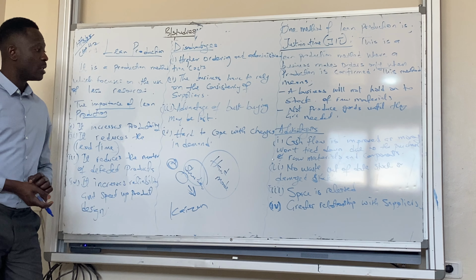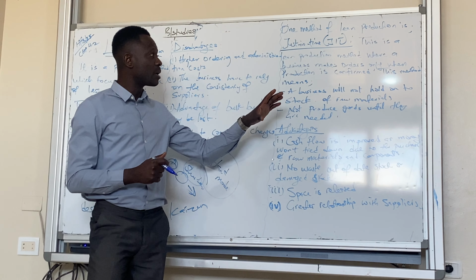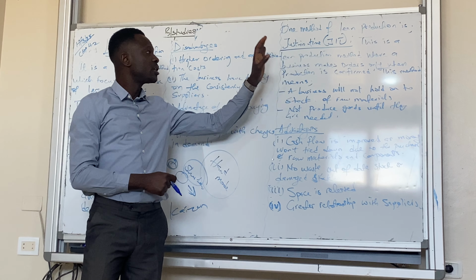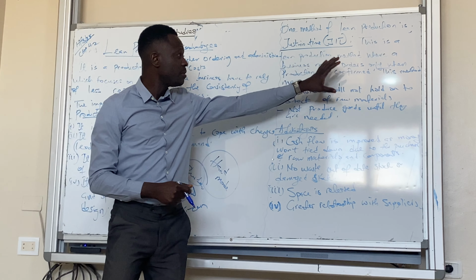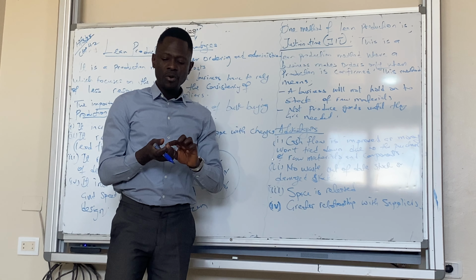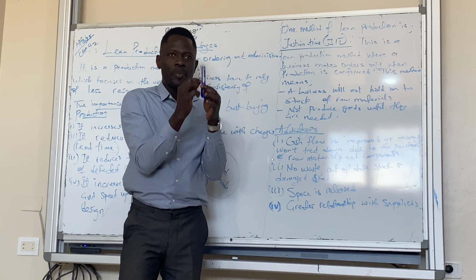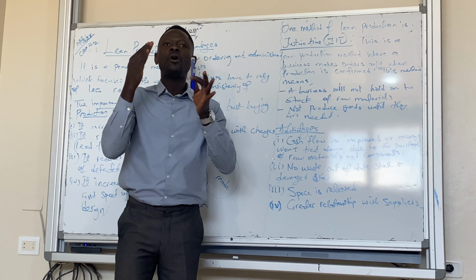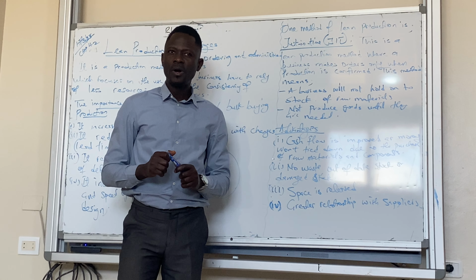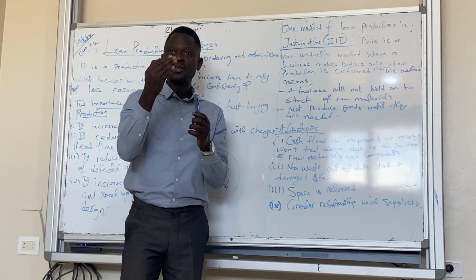Yeah. Then one method of lean production, we have different methods of lean production, but the first one we need to talk about is JIT, which is just in time. Are you here? So just in time simply means a lean production method where a business makes orders only when production is confirmed. We won't get resources or raw materials to make a blue pen or a blue marker until we have orders for blue markers. That is just in time. Do you get the point here? So the product will be made. We will make orders for raw materials as soon as we have